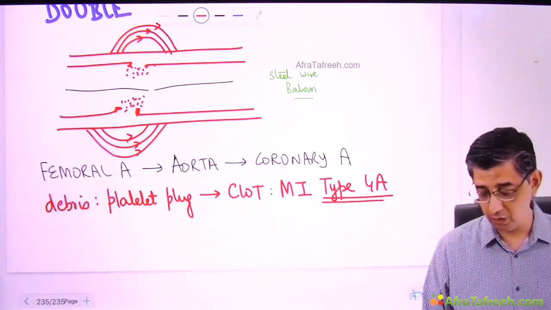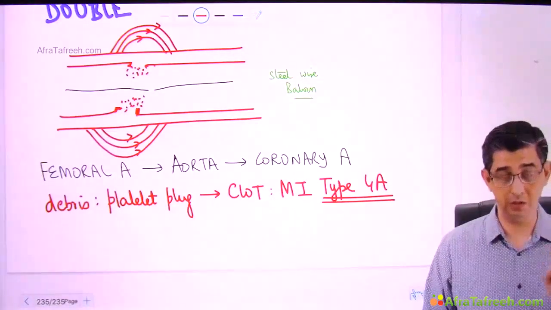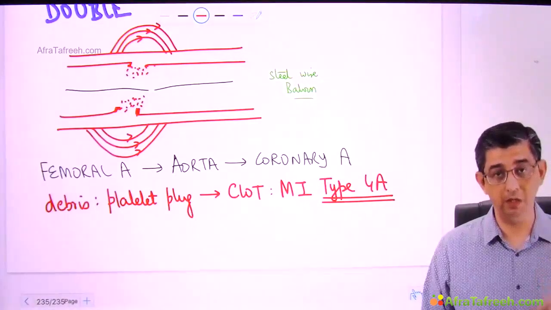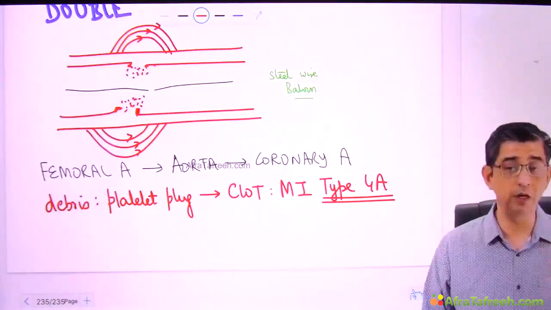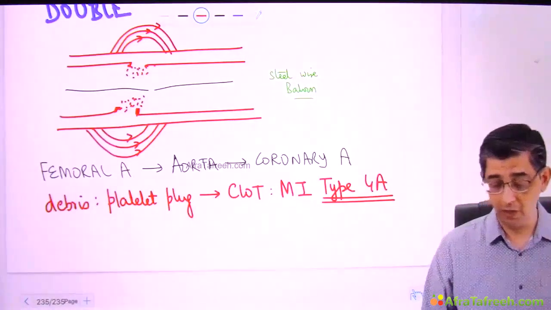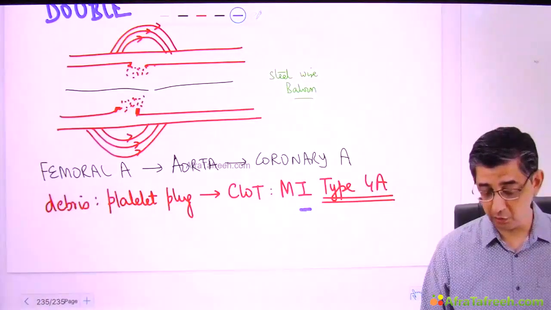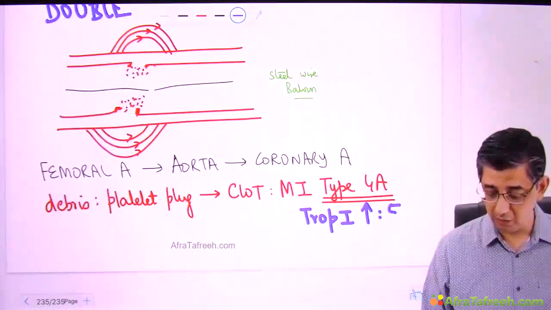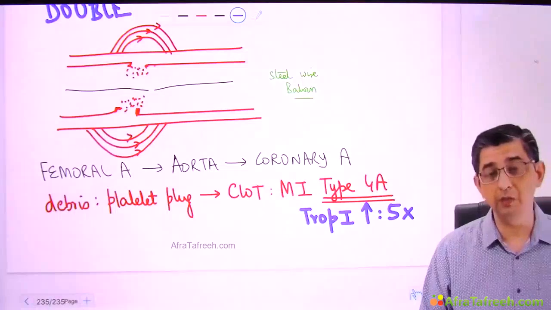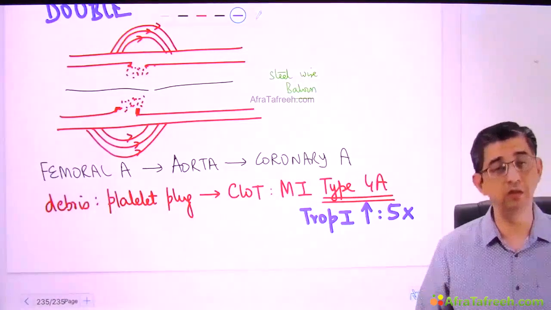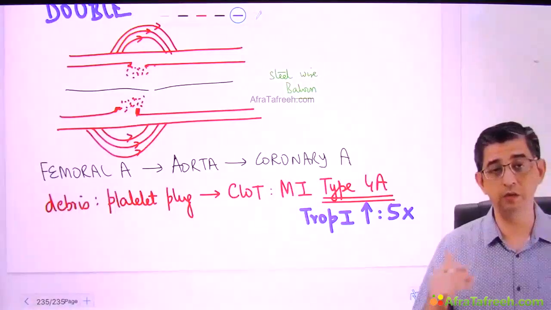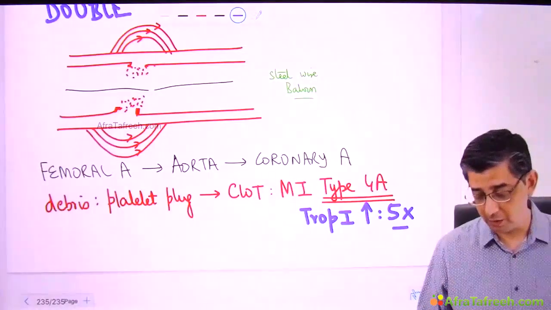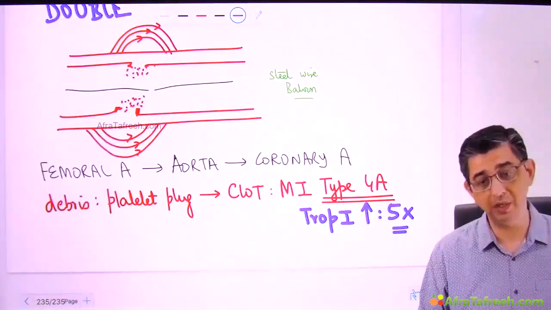And I just wanted to note down that during the PCI procedure, if somebody develops a MI on the table during the procedure, then we call it type 4A myocardial infarction. This is asked also because the troponin I values will elevate substantially in this case. I want you to remember this MCQ statement of mine, that there is a 5 times elevation. I've written the word 5x. There's a 5 times elevation of the value of troponin I over the baseline value, simply because there's a substantial amount of necrosis occurring in the patient.